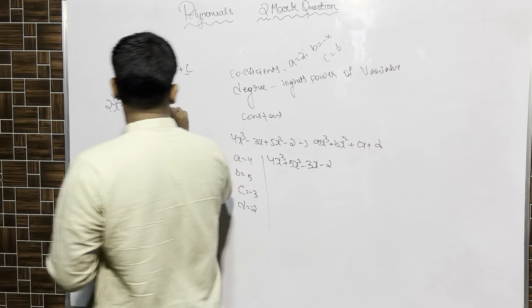Coefficients might change. Every term can have a different coefficient, though they might also be the same. Whereas the degree of the polynomial will always be the same. It will not change. Clear? Degree is the same, but coefficients will change. What is the degree of p of x? 7. Next, constant term. What is the constant term? Minus 6. So you already know degree, coefficient, and constant term.